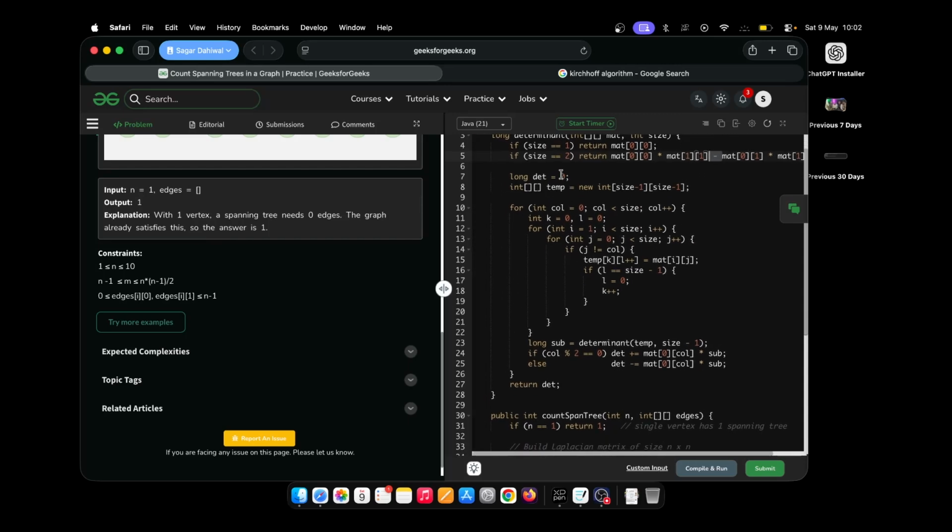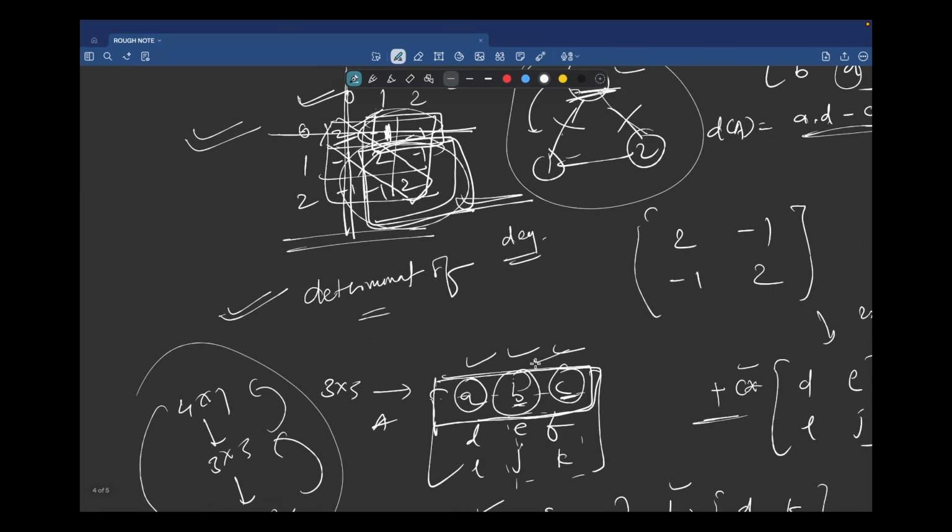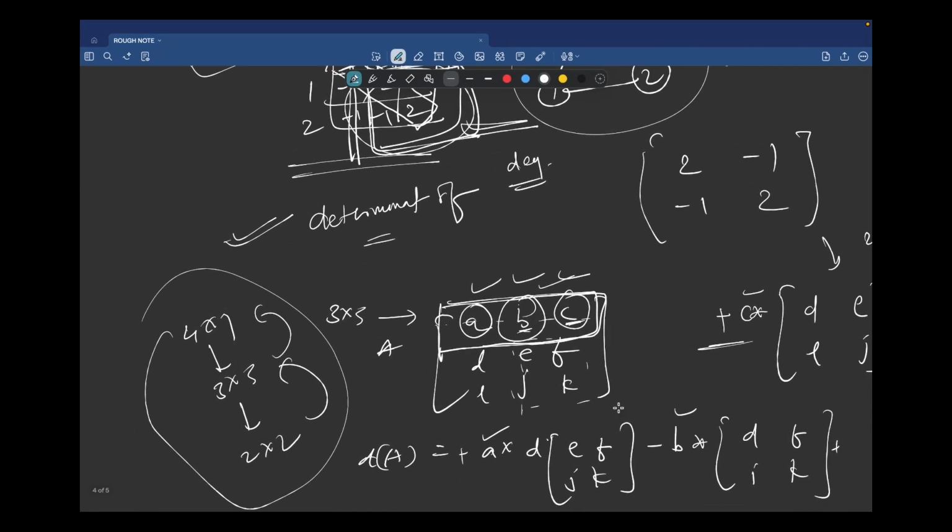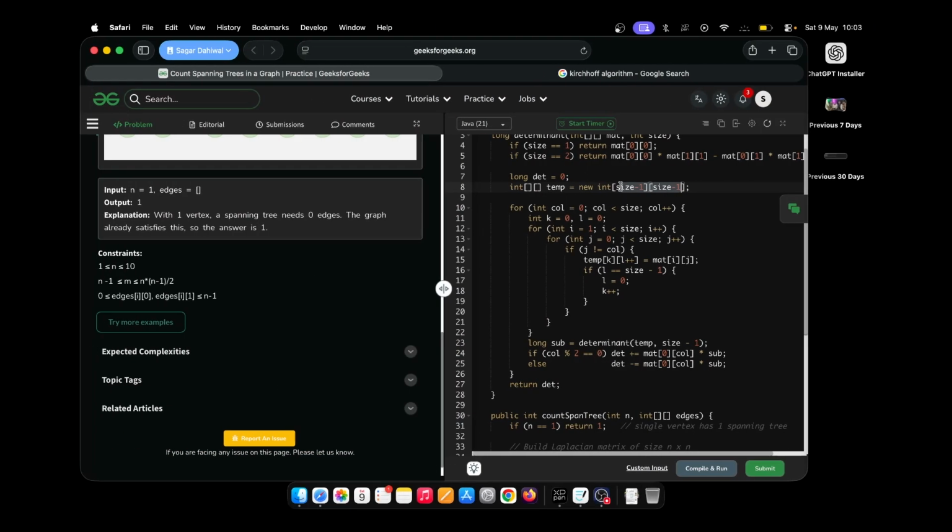And if it's not size 2, probably it's 3. Then again create a temp decreasing the size, because if you remember this 3 cross 3, again we just need this 2 cross 2 matrix for the calculation, and these first row's items will be considered in the answer. So that is why it's size minus 1,